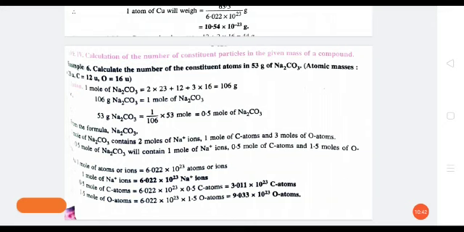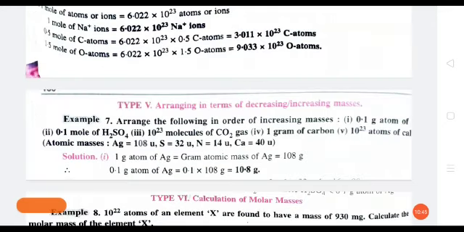Okay. Now fifth one is arranging in terms of decreasing and increasing masses. Arrange the following in order of increasing masses. Okay. So one I am telling, you find out all the 5 and tell me how to arrange. Okay, that one is also homework for you. First one I am telling how to find out, then you find for the rest 4. Okay,